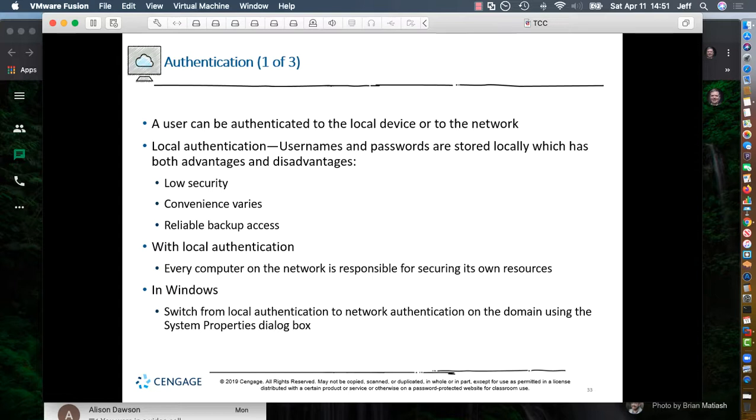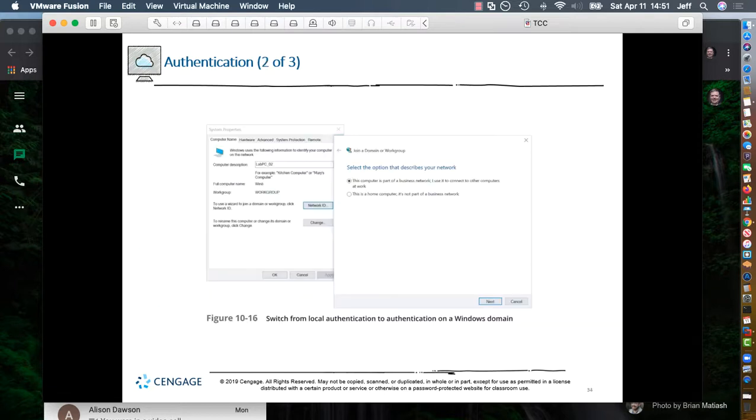Right, so in Windows you can switch from local to network, which would be domain-level security, and you use the system's property dialog box to do that. Here's an example of that. You would just click on the Network ID, then select "This computer is part of a business network," and click Next. Then you could be asked to join a domain, what domain you want to join. So right now this is a local workgroup,